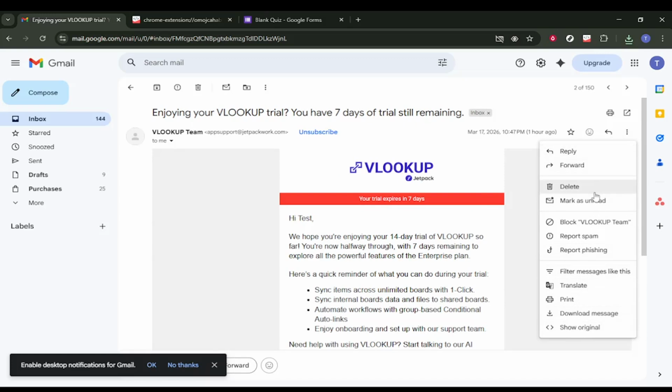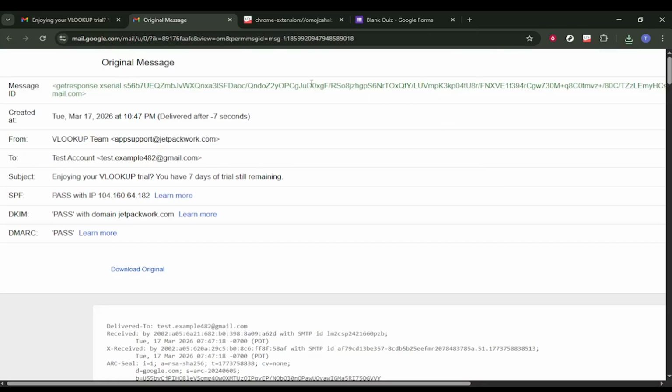In the menu that appears, find and click the option labeled Show Original. This will open a new page or tab that displays the raw original version of the email, including technical details like headers and the full message source. This view is useful because it provides access to the email in a format that can be saved exactly as